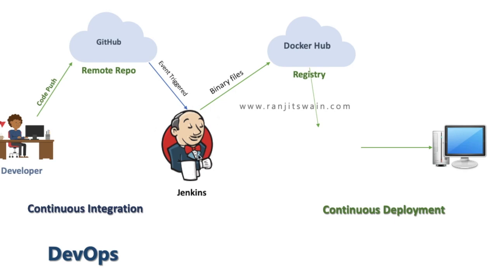The entire project it will build, and the final product, the binary files, will be pushed to Docker Hub. Here the binary file is the image file, because we have created a few Dockerfiles which will create the image file, and that image file after the build will be pushed to the Docker Hub registry. From Docker Hub, Kubernetes is used to orchestrate your applications, your containers, and deploy into